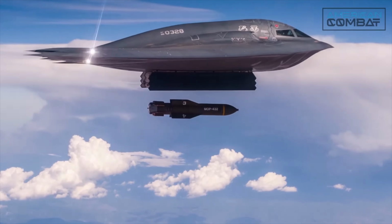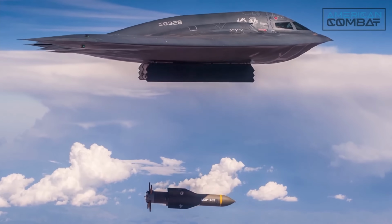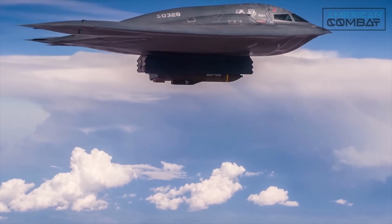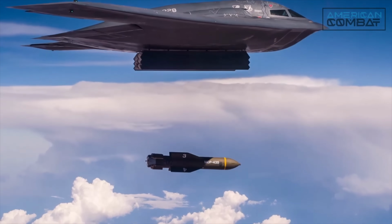The GBU-57, that massive ordnance penetrator, it's a 30,000 pound beast that rips into Natanz in a blazing, earth-shattering plunge. It's essentially like a concrete crushing Casanova, yeah, I said it, tearing through stone with unstoppable swagger. And the GBU-57's got real swagger. It's not like that fake dude with the suit, the watch, the car trying to win her over. The GBU-57's more like the guy with scruff and a flannel who's got real stories to tell that she's secretly